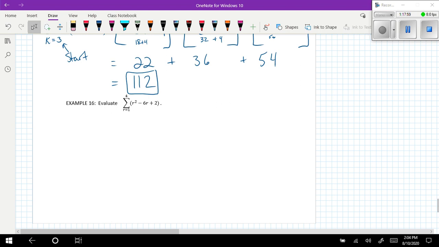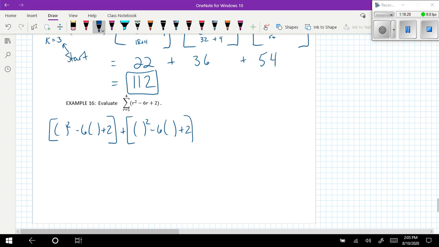Question 16, I think this is my last example. Give me the summation as r goes from 1 to 4 of r squared minus 6r plus 2. So this is indeed a series because we have to add up all of our terms. So I'm going to do a big bracket. Something squared minus 6 times something plus 2, close my bracket. Do it again. Something squared minus 6 times something plus 2, close my bracket. How many times do I need to write this same